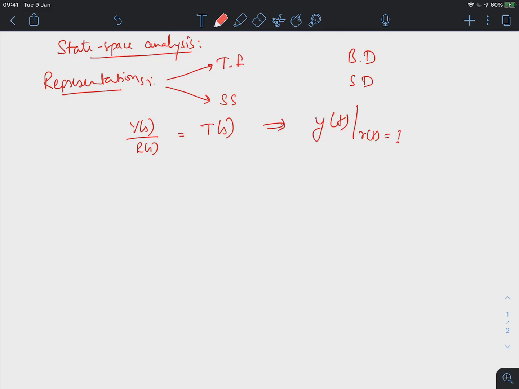Now as an equivalent representation we have introduced the state space. And the idea behind introducing the state space representation is to represent a higher order differential equation as a first order differential equation. Okay, meaning to say that